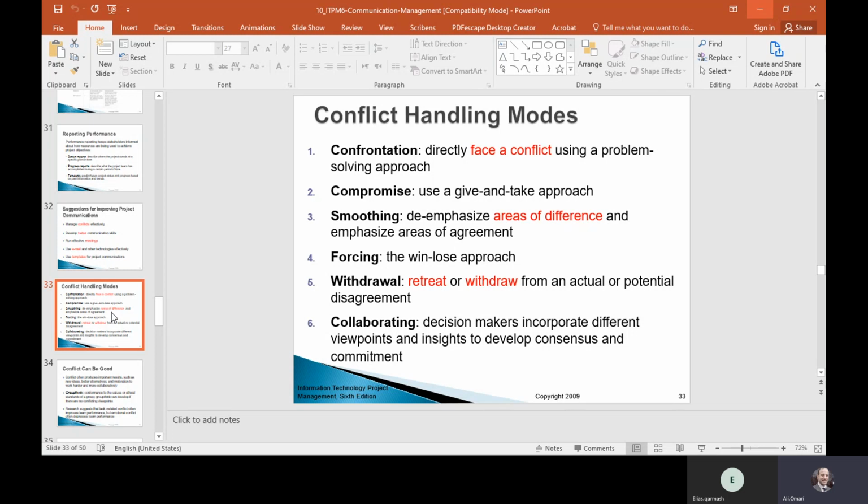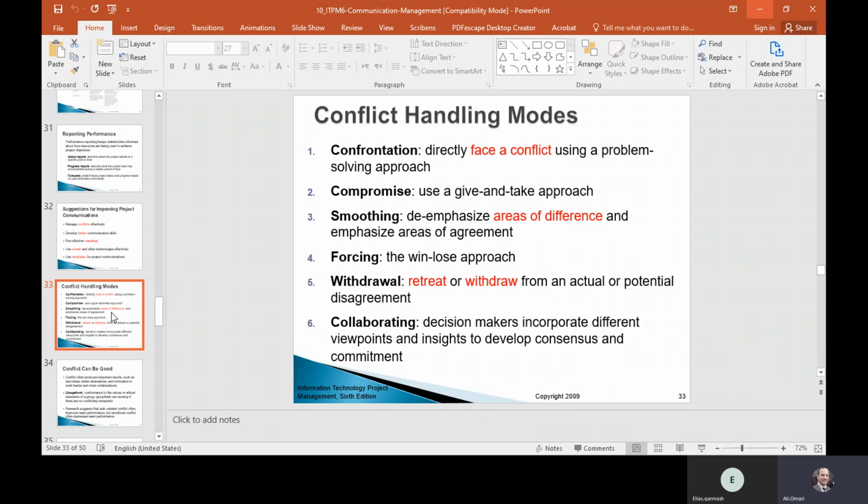There are ways to handle conflict. For example, confrontation, direct face to face, and you have to have a high problem solving approach. Sometimes you use compromising, a give and take approach, and everybody has to have this mode to compromise to solve the conflict.